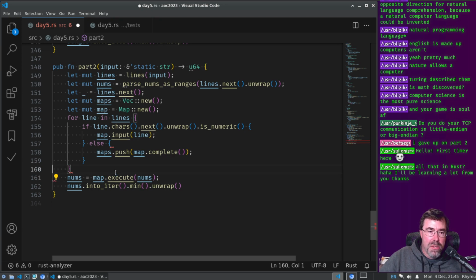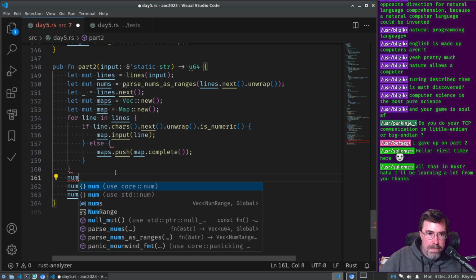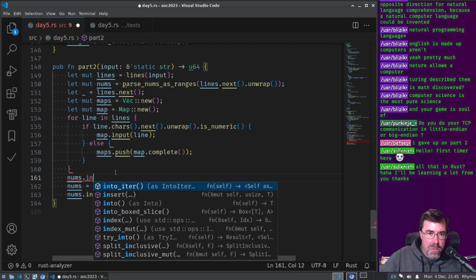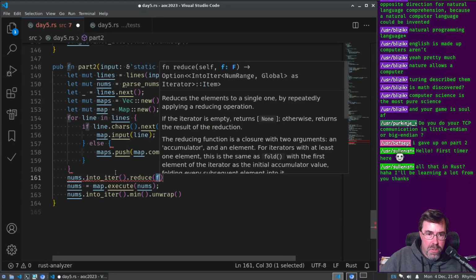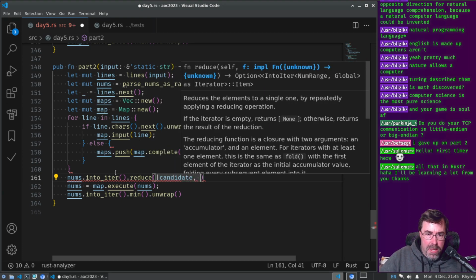Actually, I don't even need to do this. All I need to do is use a fold or a reduce, right? So nums dot into_iter dot reduce. With reduce, we get two things: the candidate and the next range, or the next map.